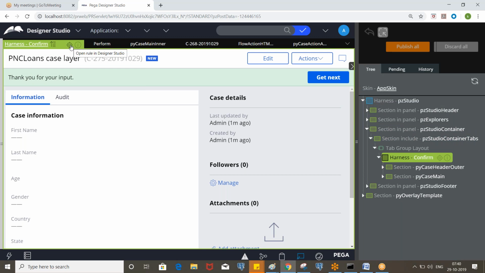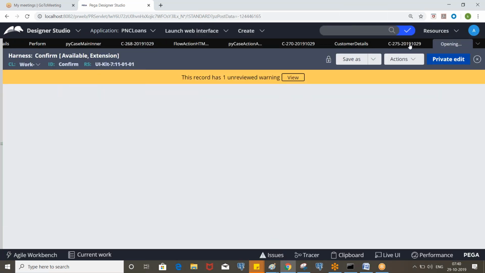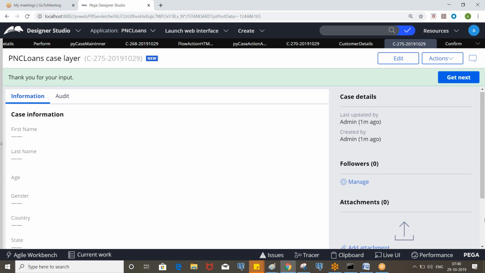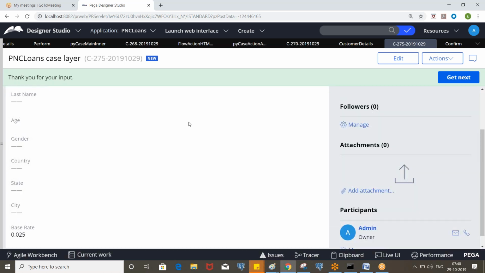So the work object information will be displayed in the confirmation format. Okay, so this is read only data, but you see the assignment information, like if you entered some first name, last name, you will see that information here.